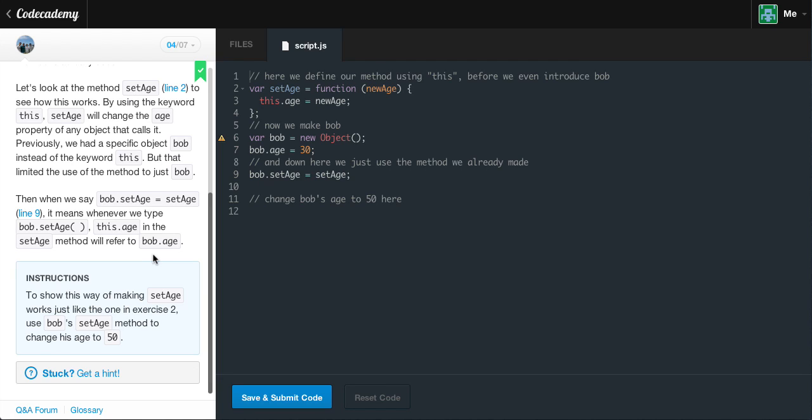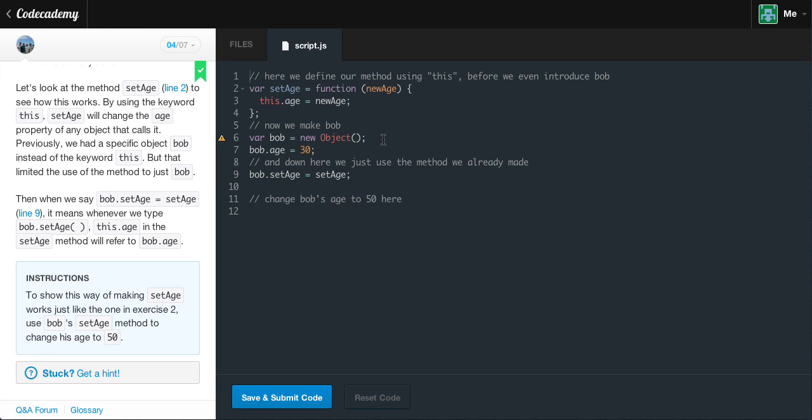So if you're not really fully understanding what the this keyword is doing, this is very important because you'll see this a lot. The way I think of it is that this is a reference place. It's kind of like a finger. It doesn't matter if you're an object or just a function or a method, whenever you call it, this will say, so if we were to call the dot setAge,